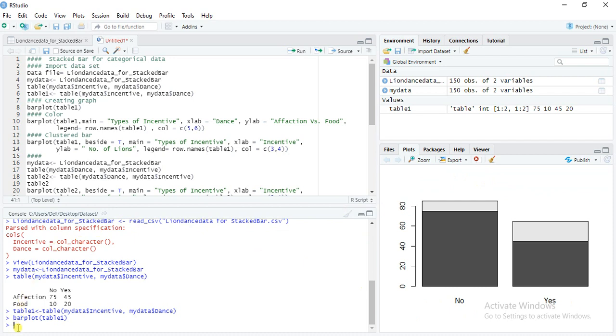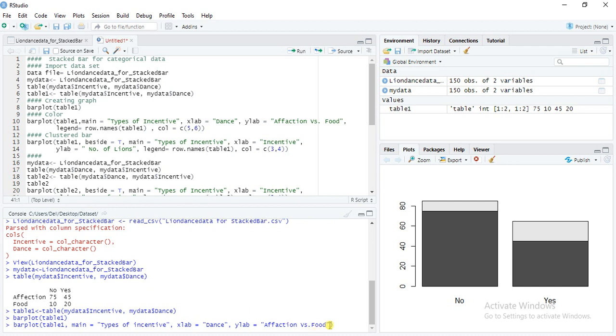So we will write the script here: bar plot within bracket table 1, comma, main, means the name of the title, here types of incentive, comma, xlab equal to dance, and another, ylab equal to affection versus food,